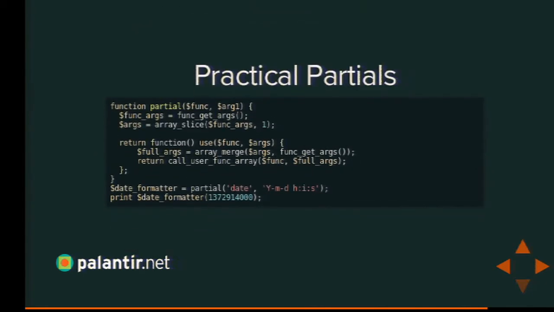So let's have a look at this practically. Can we abstract this? Yes. Just like we had a memoize function, we can create a partial function that takes a function to call, or any callable, and whatever the initial arguments are going to be. So if a function takes, in the case of, say, the date function in PHP, 2 parameters, we're going to call it first with the first parameter, and we're going to get back a new function